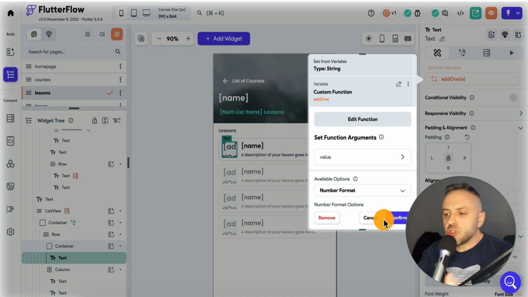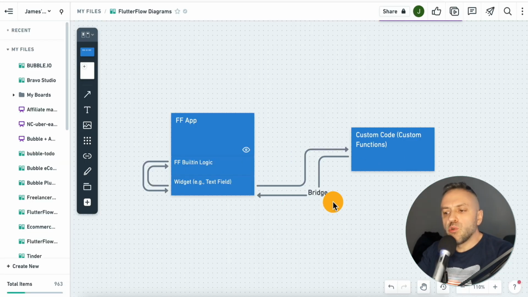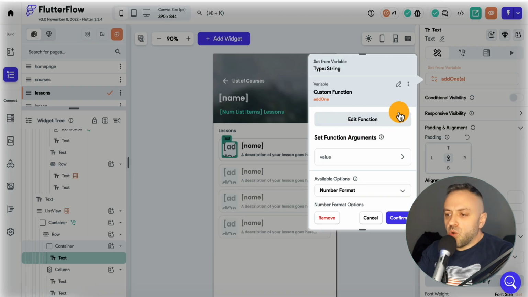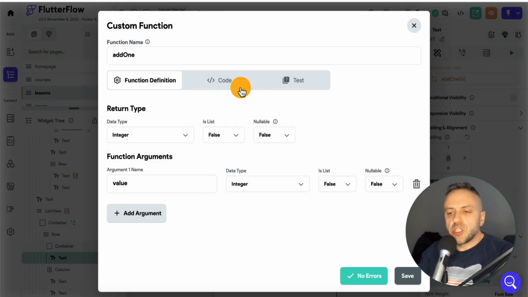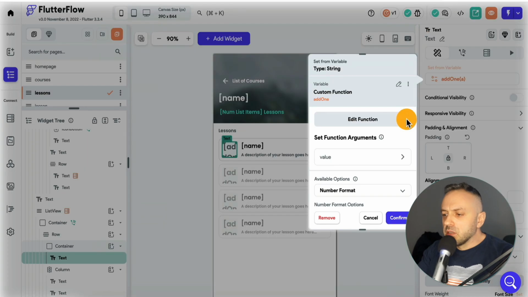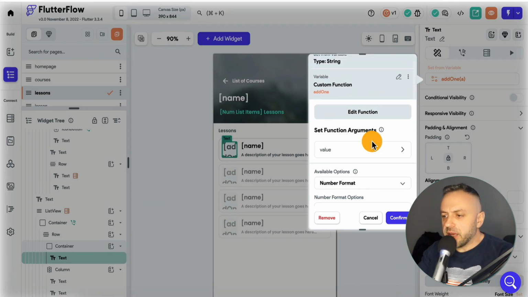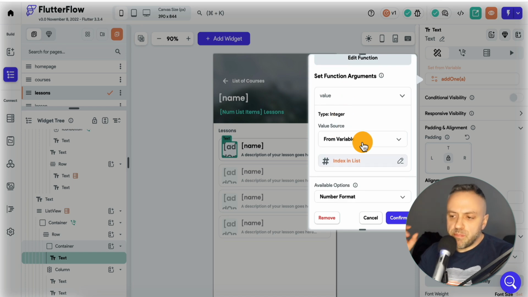Now, I want you to pay attention to this glue, right? Remember, we talked about this glue here, this bridge, in other words. And so once we have this, the function is independent. I can use it in many situations. I can use it with lots of different data. It's not tied to any data. But the glue that's offered with FlutterFlow is that we have a function argument. And so we are passing a function argument, and we are getting back something else. So this function is kind of like a revolving door. Now, that's not going to be in all situations, but in 90% of situations, that is exactly what it's going to be doing. It's going to act as a glue.